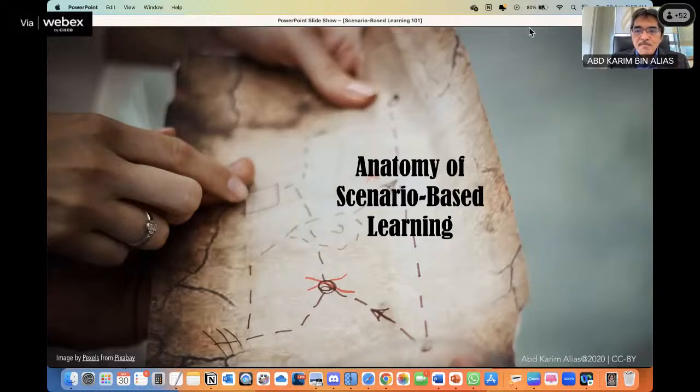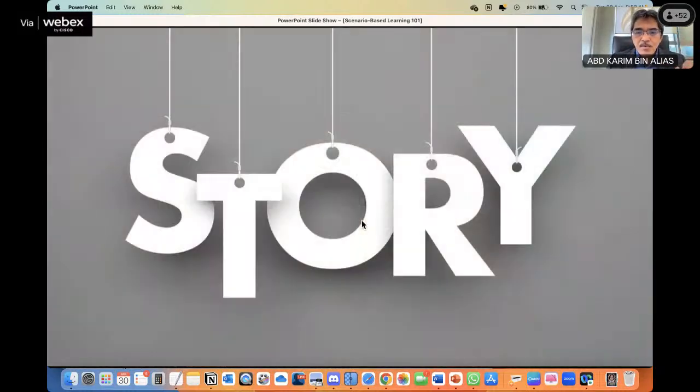Now, anatomy of scenario-based learning, the structure. What are the elements? When you think of scenario-based learning, it's always based on a story. So we want to give a scenario or a story. That's why we call it the storyline. We present the scenario, just like in a case study.